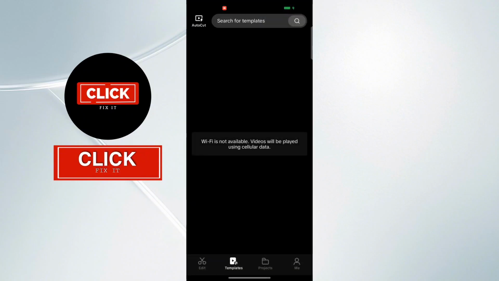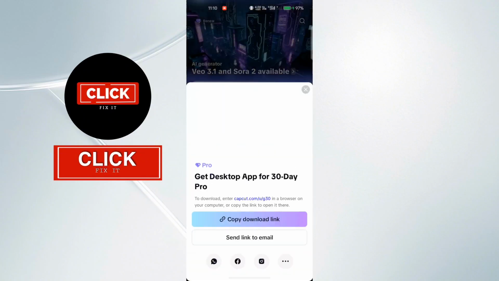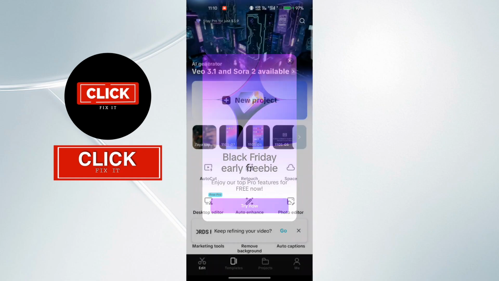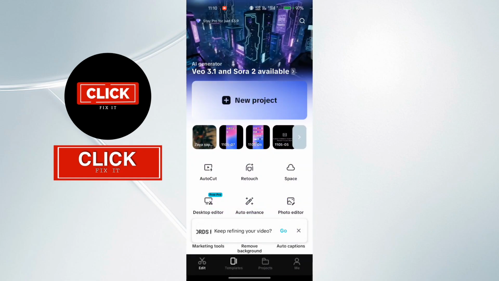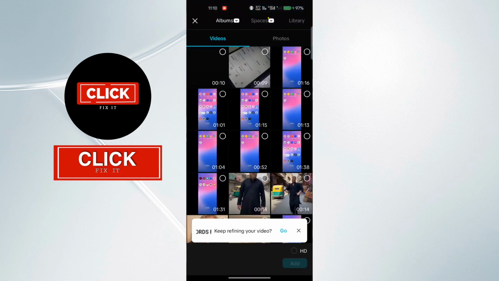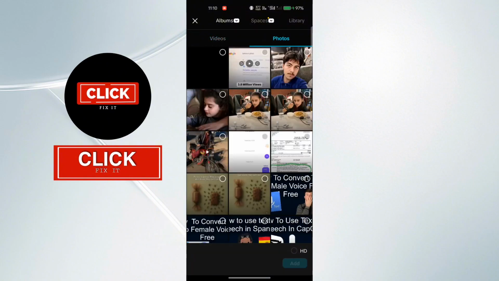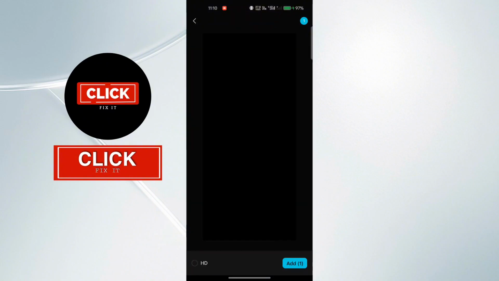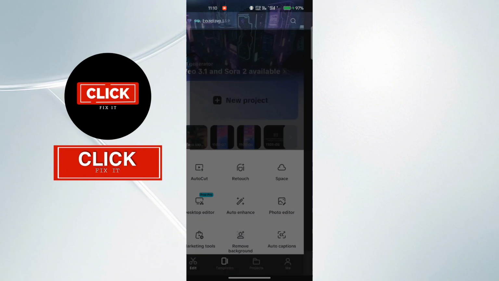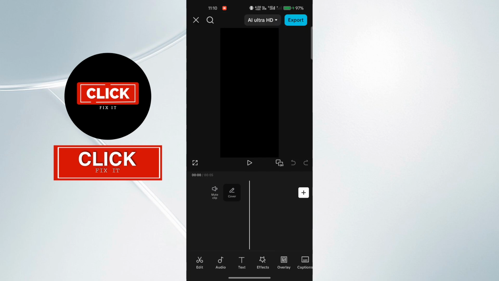Now here you guys will see that type of interface, simply click on Edit. Once you click on Edit, here you guys will see New Project, so simply click on New Project. Now you guys will simply upload a pic. For example, I am uploading that pic. Now the question is how we can improve our audio quality, or how we can change our audio to professional